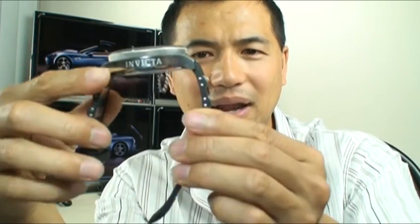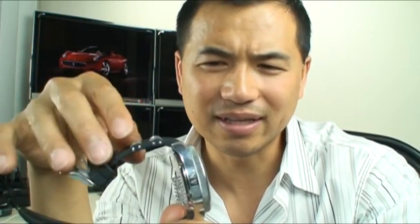it just depends. At first I didn't find it to be very comfortable because the rubber here is one of the hardest rubbers that you'll ever get on a watch. On a scale of 1 to 10, I would say that the comfort level of this band, because it's so rigid and so stiff, would be around a 6, no more than a 7. And then now that I've worn it almost every day for over a year,